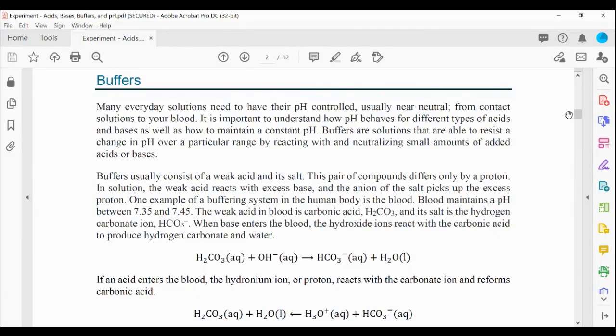The pH will change from 4.74 to 4.83. I measure the pH before I add the base and after I add the base. It only changed